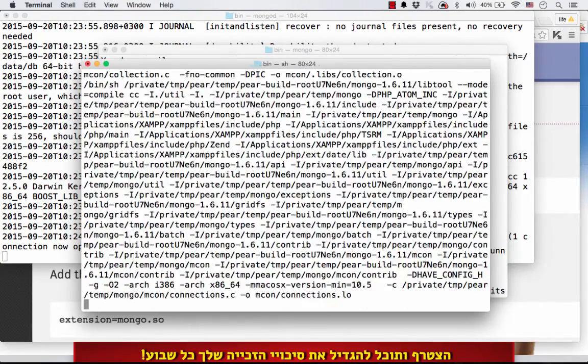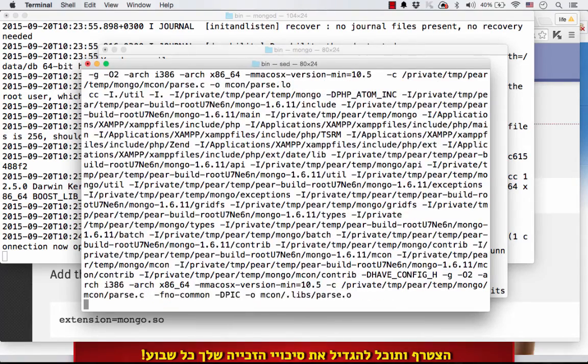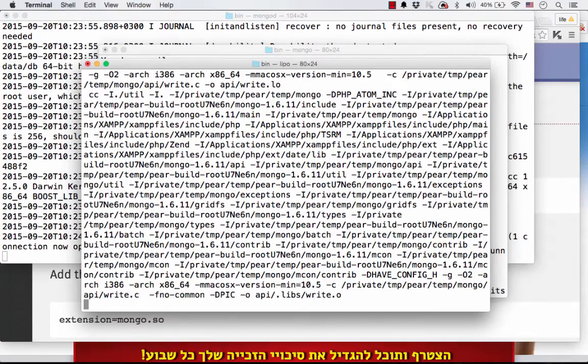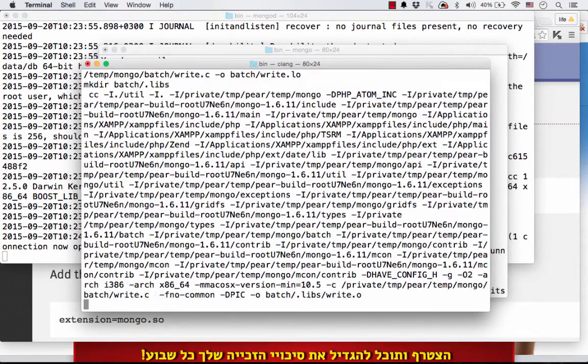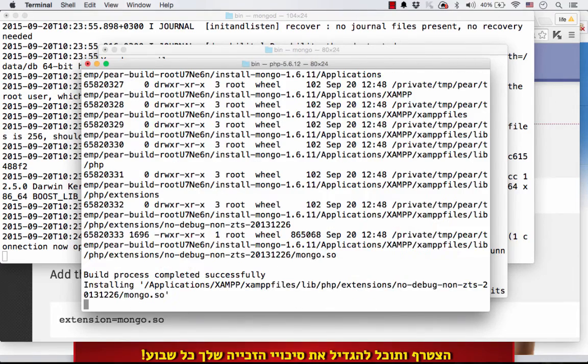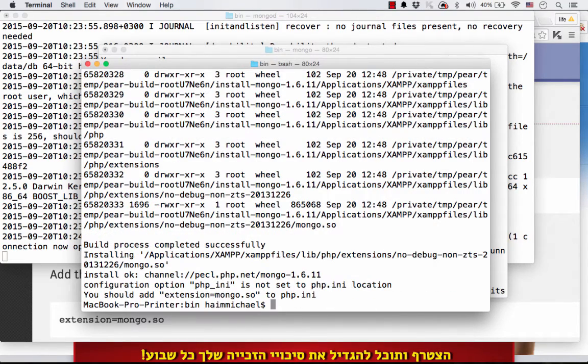By the way, if you try to do the same, but instead of XAMPP you are using MAMP, you might get into some errors because MAMP doesn't include all source files of PHP. So I chose to use XAMPP instead of MAMP. As you can see, the installation completed, and now we just need to change the php.ini file